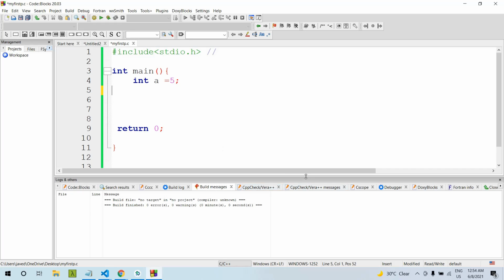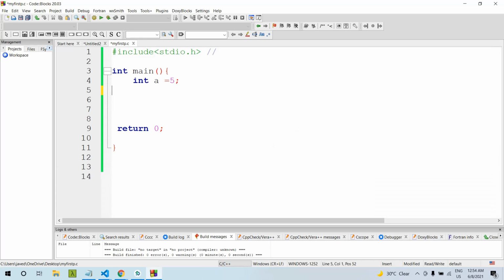Hey everyone, in this video we will talk about loops. Loops can be defined as repeating the same process multiple times until a specific condition is satisfied. There are three types of loops used in the C language. In this part of the tutorial, we are going to learn about all the aspects of loops that we are using in C language.